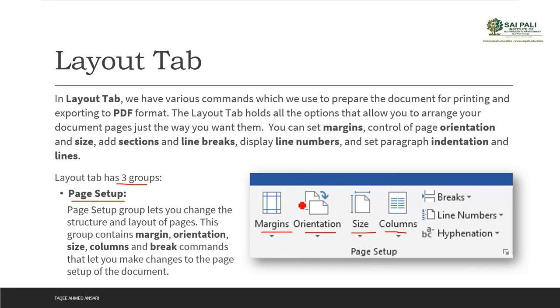Now after you create the document, after you add text, title, headings, images, shapes, after everything, if you try to change the orientation, size or columns, then those images, shapes, text will be misplaced. You will see you have done something and you will get something else. So I recommend that you decide these things before creating anything.